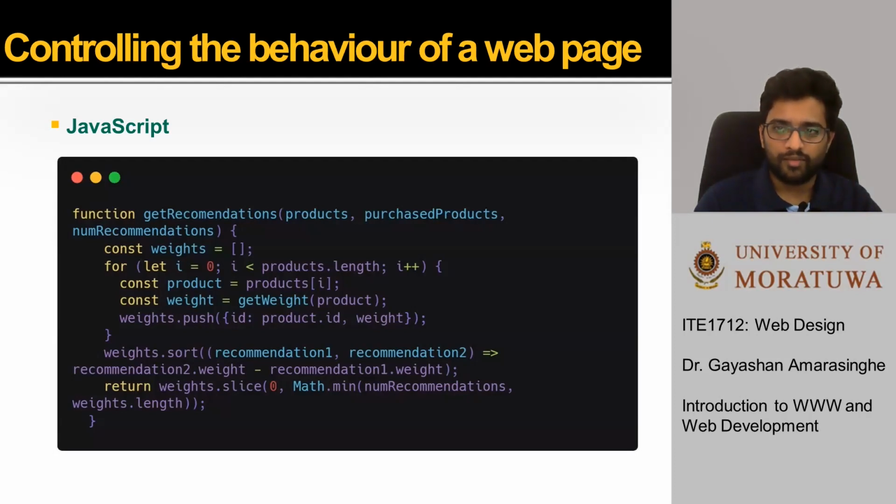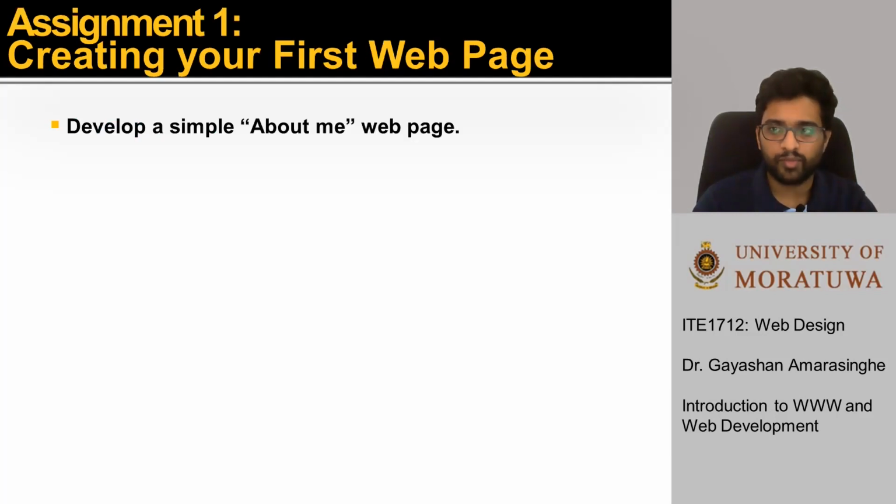Okay, as a recap, we talked about the anatomy of a web application, such as the client-server model and the HTTP protocol. And then we looked at designing a simple web page. In there, we looked at HTML, we looked at CSS, and then we had a look at some examples as well. With this information, I believe you can now create a simple web page about yourself. This will be the first assignment of this course. As the assignment, develop a simple About Me web page about yourselves using the HTML and CSS knowledge that you have gained, and also the knowledge from the first reading activity.